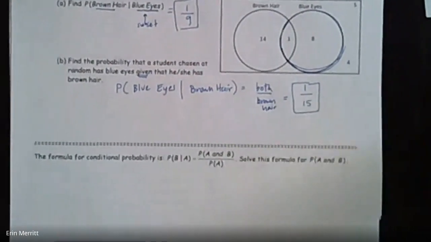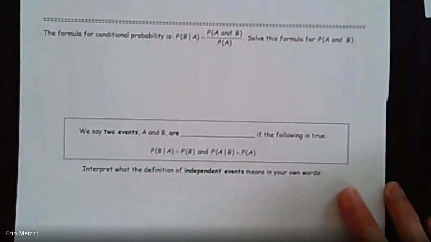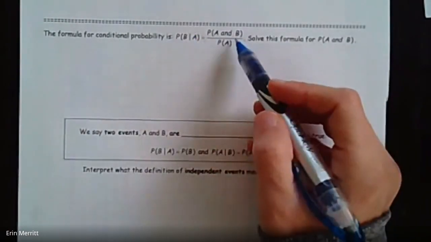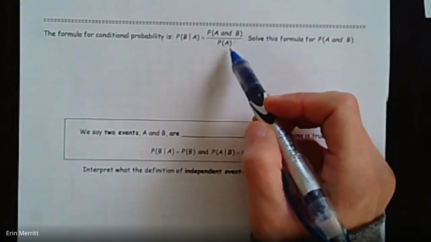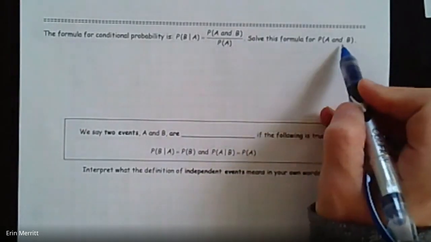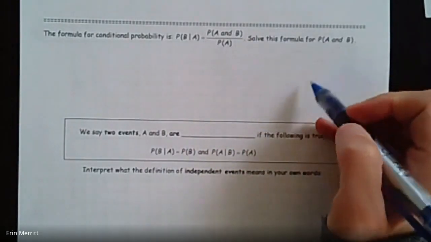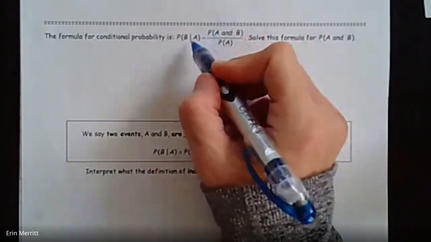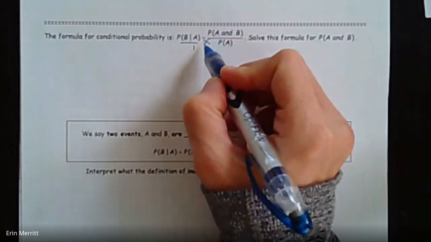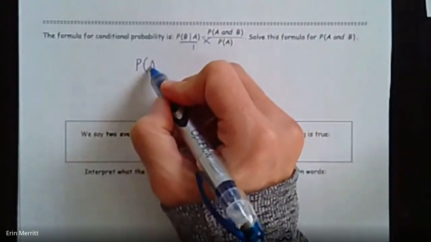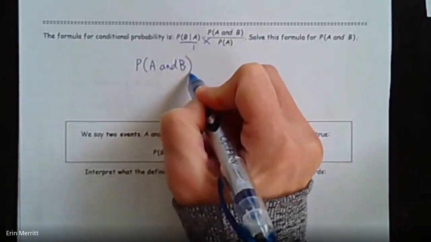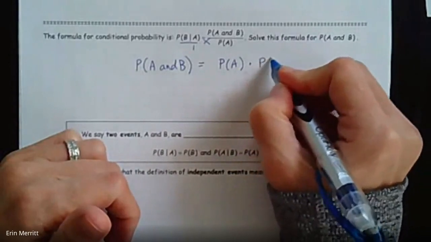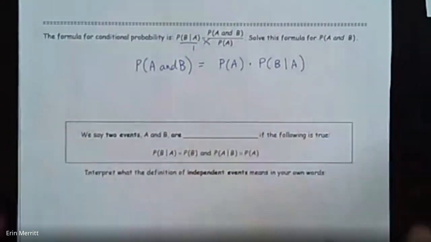The last part. It says the formula for conditional probability is B given A equals both of them divided by the probability of A. And it says solve this formula for the probability of A and B. All I mean is just rearrange the formula. That's all we're asking to do here. So if we think about throwing this over 1, you can cross multiply and we can say that the probability of A and B is equal to the probability of A times the probability of B given that A